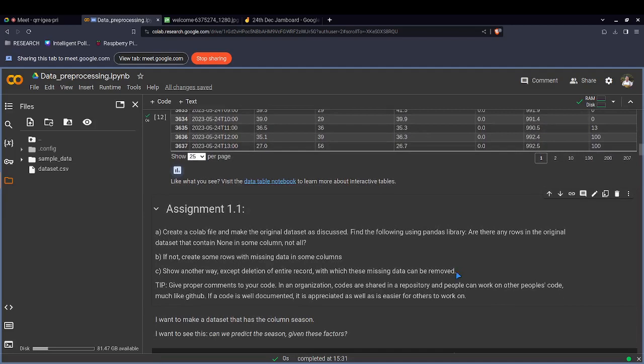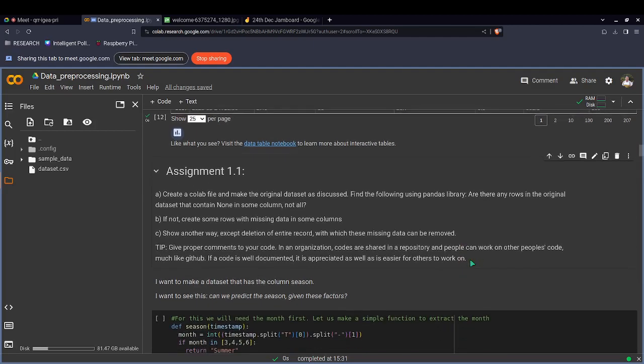What you have to do is show me some other way, instead of just deleting the entire row. Just like someone said, you can fill in the missing values with some default values, like that. So I have a tip for you,